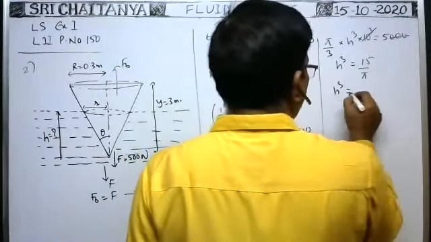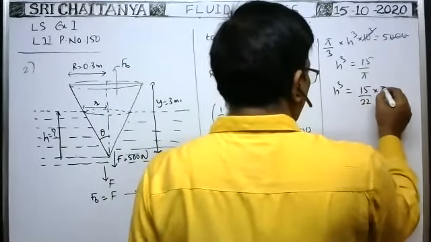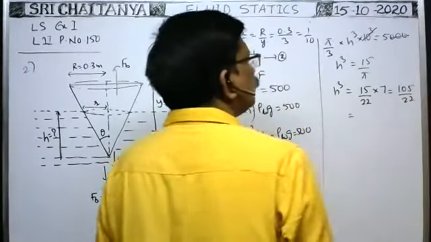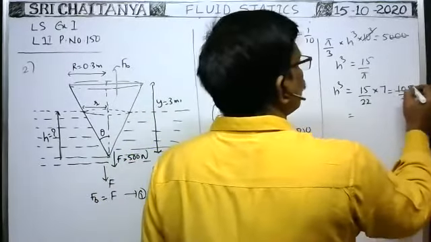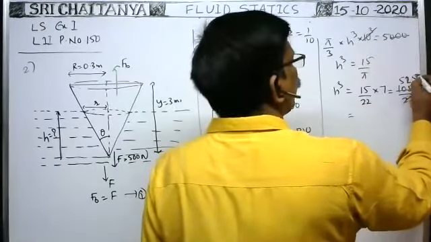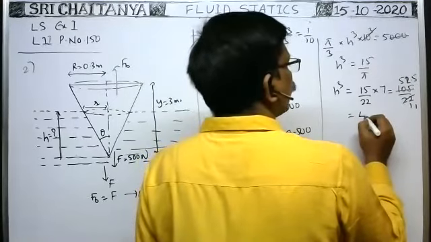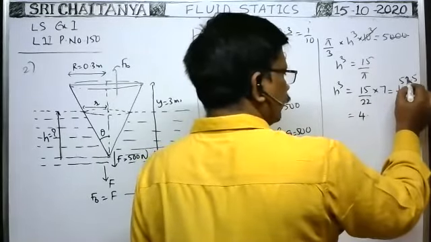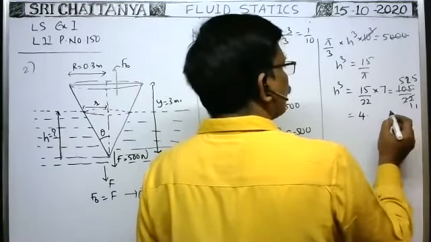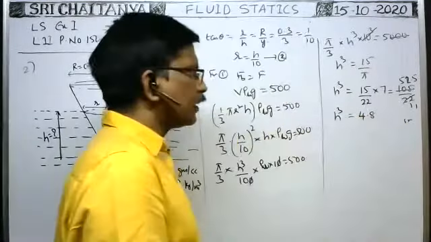So h cube is equal to 15 by 22 by 7 means into 7. So 105 by 22. Okay, that is equal to 2 5s are 10, 2 2s are 4, 0.25s are 11, 52.5 by 11. So 11 4s are 44, 8 remainder. Okay, 85, 11 7s are, or approximately 11 8s are, we can take h cube approximately, you will get the answer.